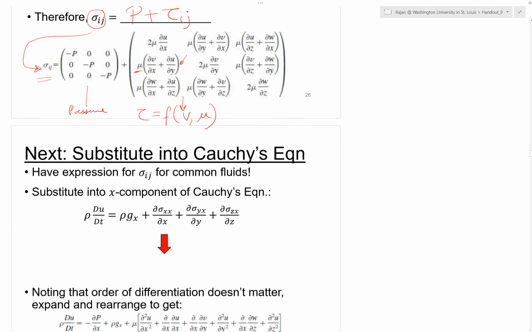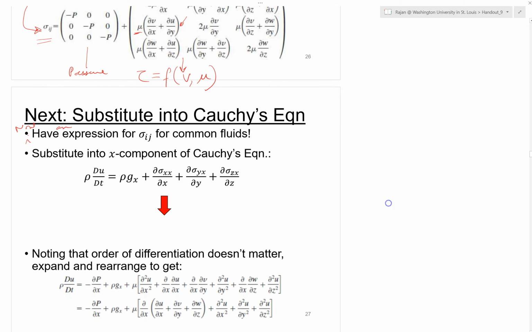Okay, next step is we substitute the expression we now have for sigma ij for common fluids into the Cauchy's equation. And what do we get? So sigma ij equal to p plus tau ij, and the expression we get, this is just in the x component we are plugging in, but also note that whatever answer we get will also have separate equations for y and z components, but that will be of a similar form. Okay, rho gx plus